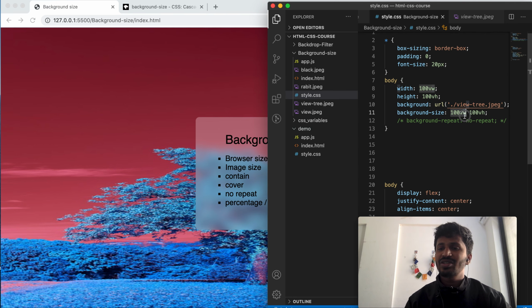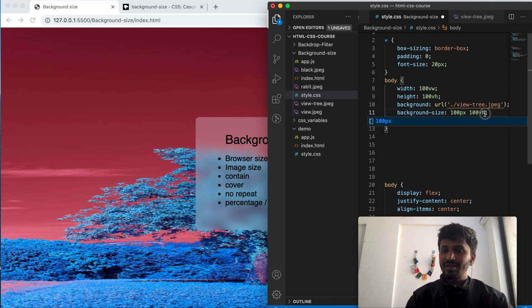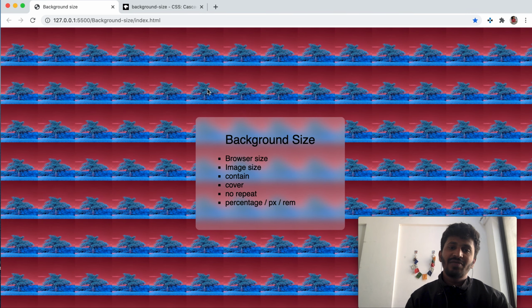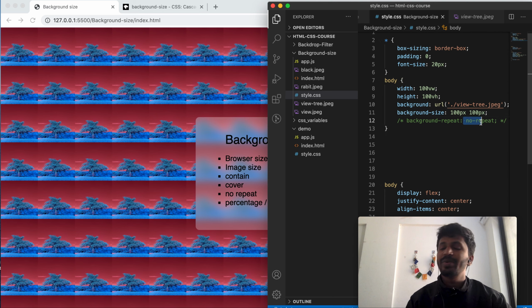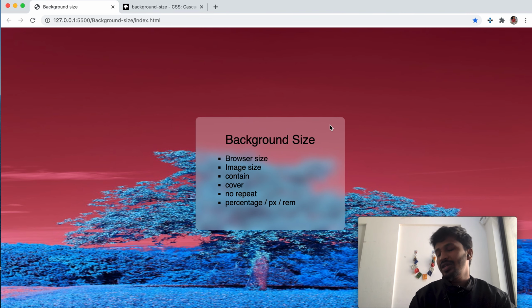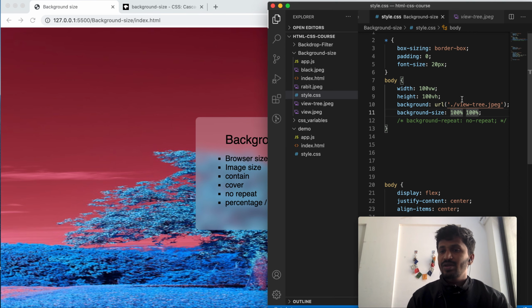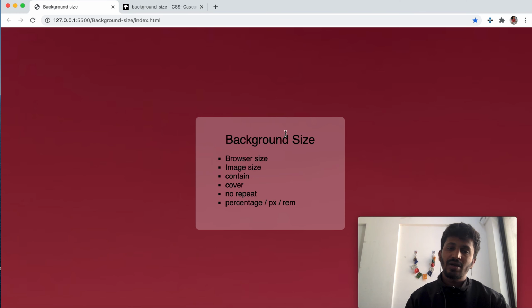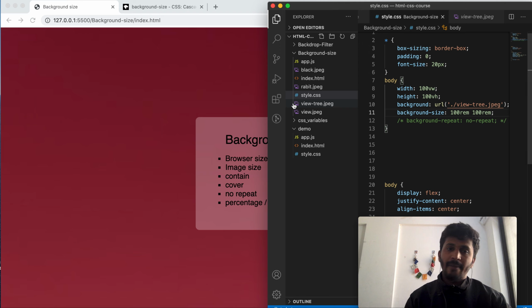These dimensions can be in pixels, and if you give, say, 100 pixels, the image will appear multiple times because no-repeat is off at the moment. If you give 100% by 100%, again we'll see one image which got stretched. Now you can give rem or different units of length, right?